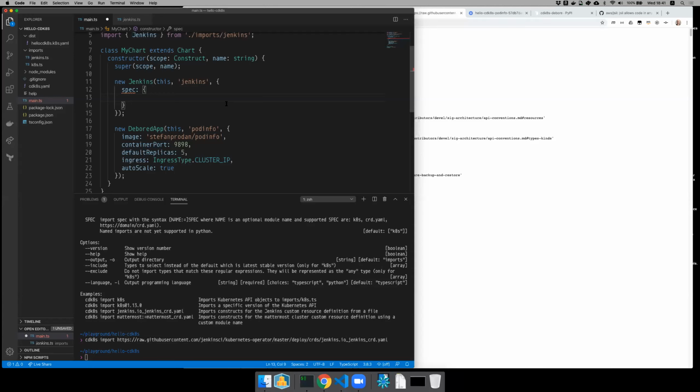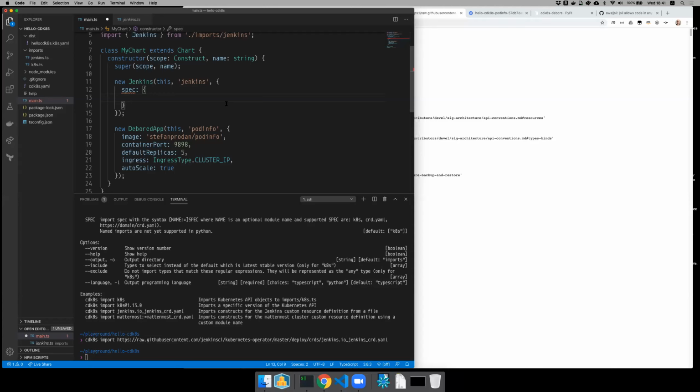Above them, we can start building higher level abstractions. So deboard app is an abstraction that composes together these L1s into something bigger. And obviously the sky's the limit in terms of what you can compose together and how complex you can get.